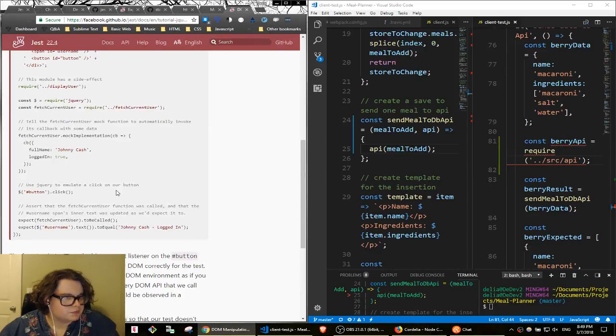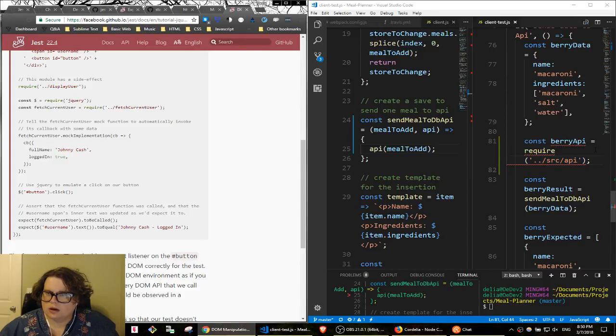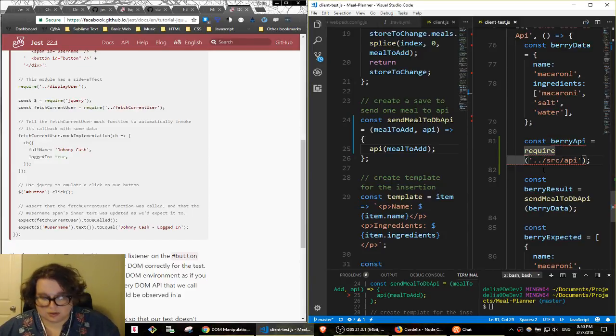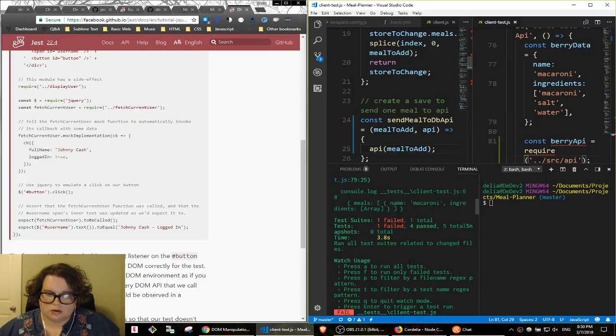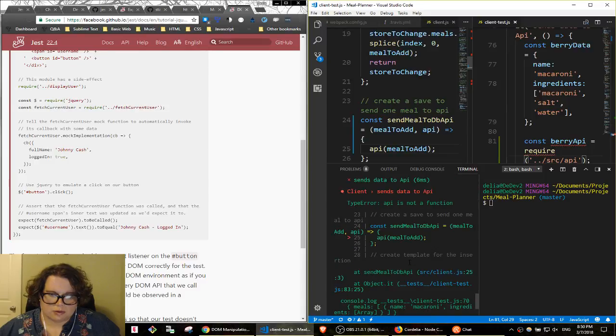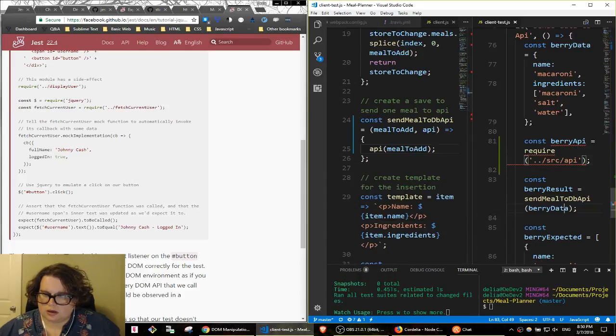Okay, yeah. We're just going to say that's how it looks. And why does it say unexpected require, node require? Okay, well, you can go stuff yourself. Yes, let's see here. I probably don't get any different result. And we're going to say bury